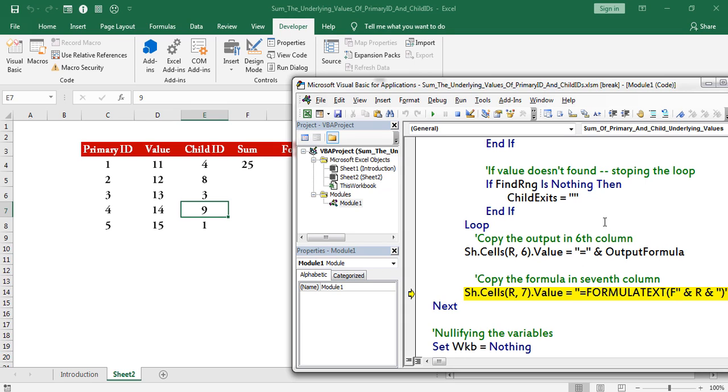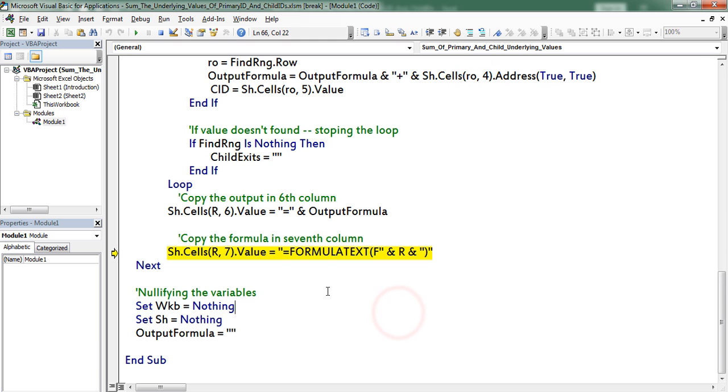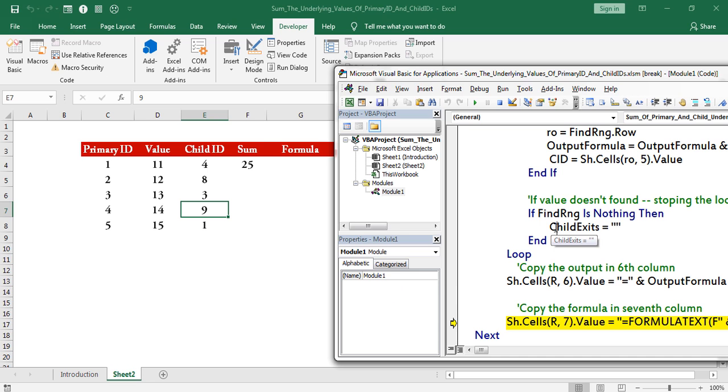In 7th column, I am copying the formula. For that purpose, I am using formula text function. Here I mentioned cell reference, which denotes F4. So application returns the formula whatever exists in F4 cell.